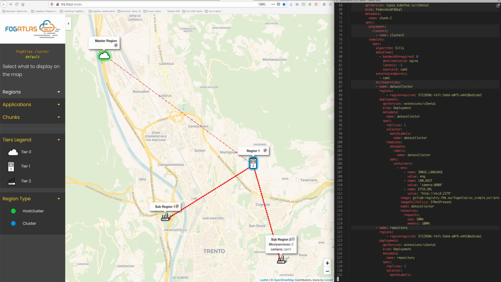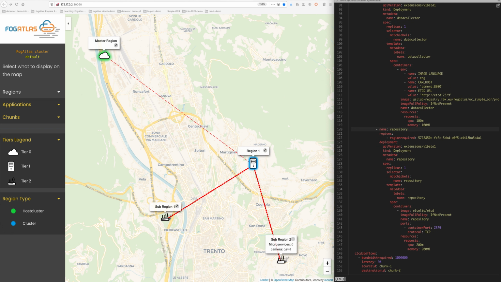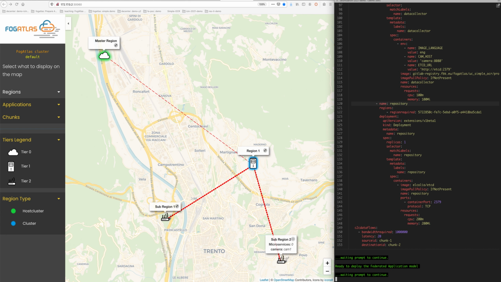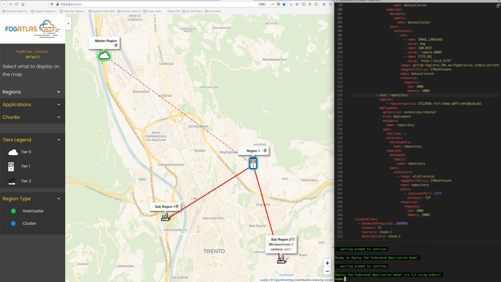We will now deploy the federated application, and given that we extended Kubernetes using custom resource definitions, CRD, we can take advantage of the standard Kubernetes CLI, kubectl, in this second part of the demo to deploy the new application model. While the microservices are appearing in the map, I would like to quickly explain what is happening behind